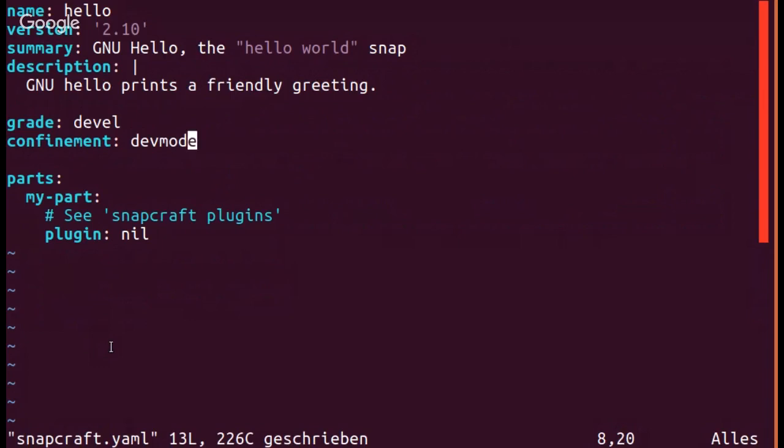So snaps can contain multiple parts. What this means is that, for example, you could have a game where you have the game engine and then the game data, and both come from different sources or something. Or you could have an app which consists of a service running in the background, which is built